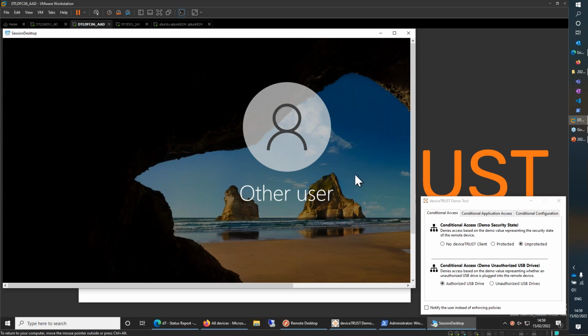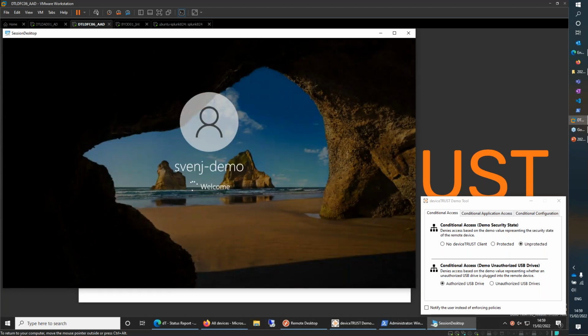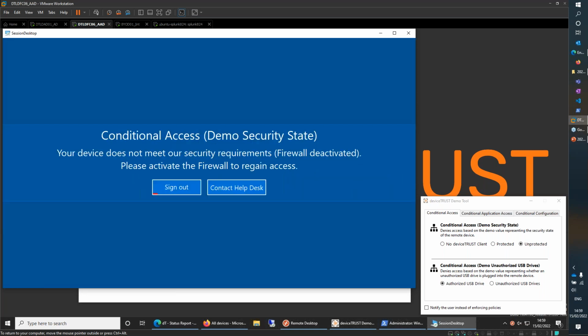And we're not going to log off and on that often, so apologies for the delay that it has now, but my AVD machines are a bit sluggish if it comes to that. So it will take a moment for the user to log on, but what we're going to see now is that once the user has logged on, and we're going to speak about why the user needs to log on first in a minute, deviceTRUST is kicking in, and deviceTRUST is now giving the user a lock screen